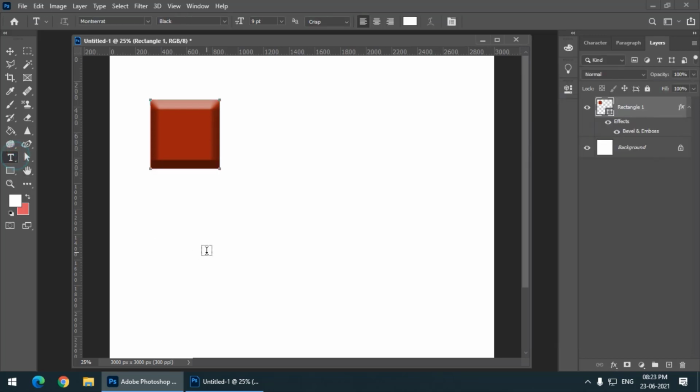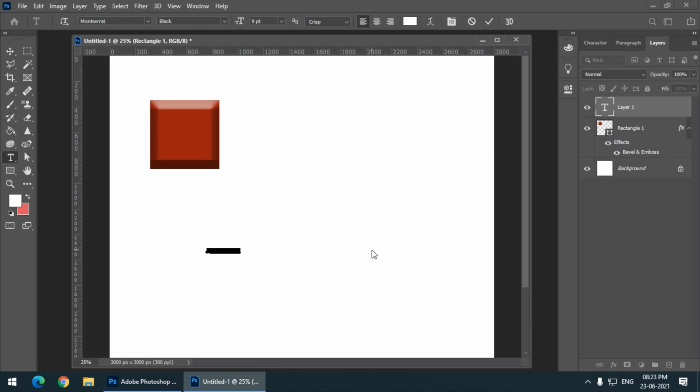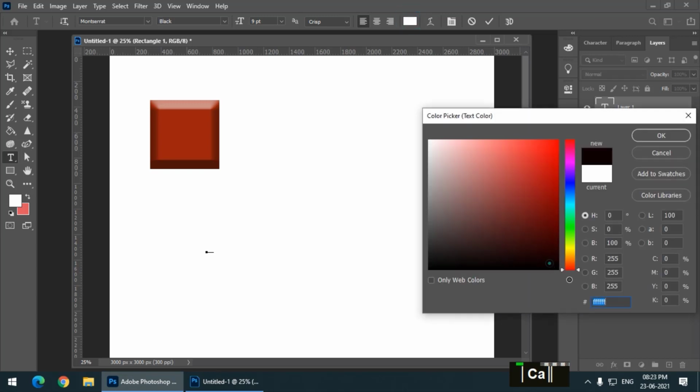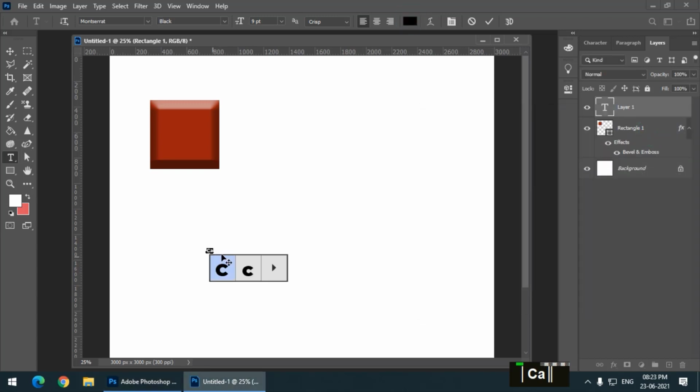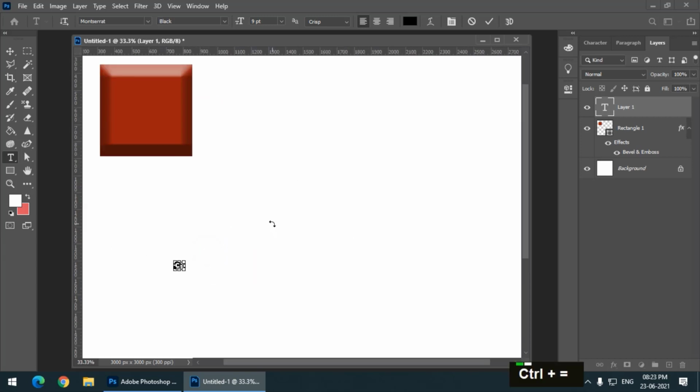Now I'm going to brand it by simply typing the Cadbury brand. I'm changing the color first. I just need to get this right.